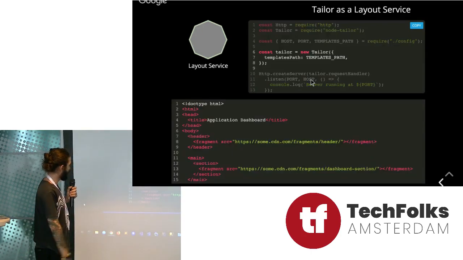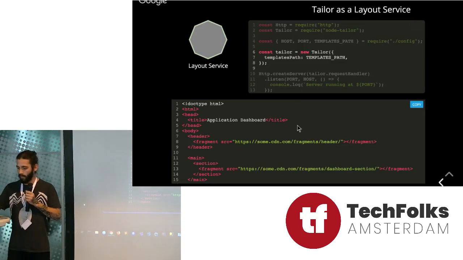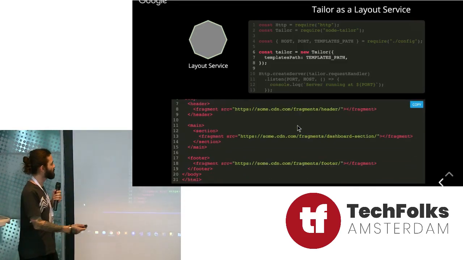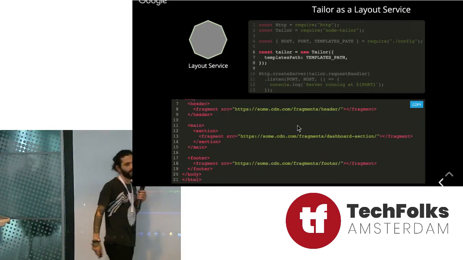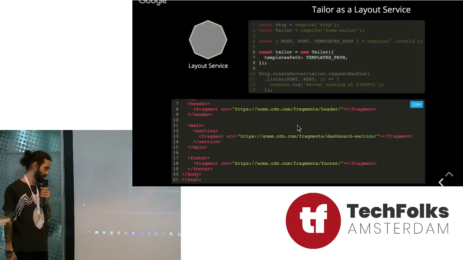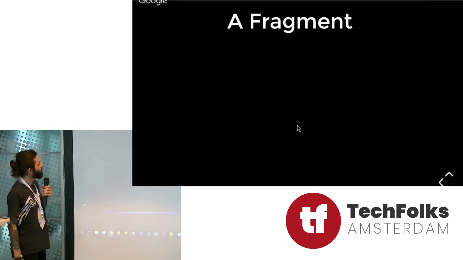And this is an example of a template. It has this fragment tag because they implement it. They will parse it, and you can basically put a URL of your fragment here. We'll get to the point of what a fragment is in the next slide. So, a fragment